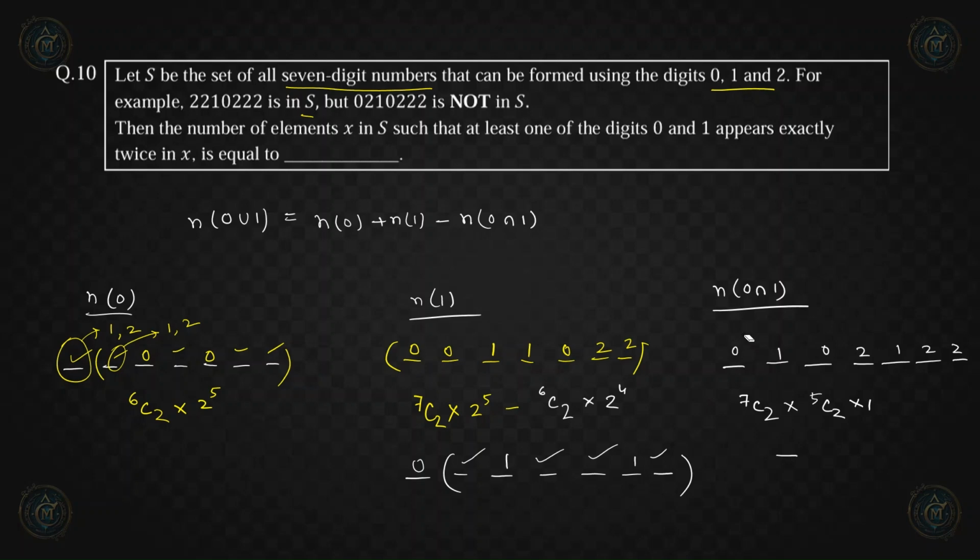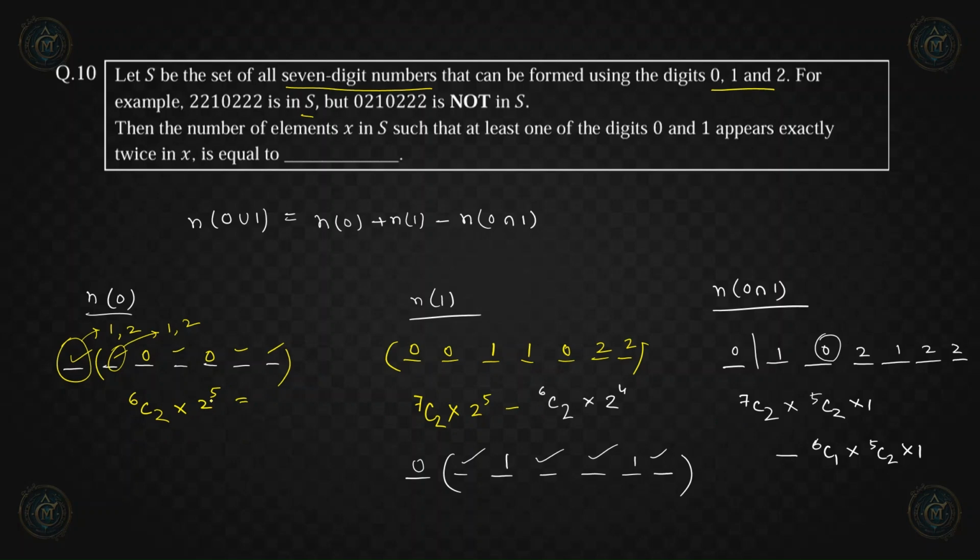So if we place this 0 here, right, then for this 0 we have to choose one place among these 6 places, right? So again we have 6c1, right, times, let's say we place 0 here, okay. Then we again have 1 2 3 4 5 places left, so we choose two places among these 5 places, right, to place our ones, and then again we have one option to fill the remaining places by using 2. That means this will be our n of 0 and 1, okay. So let us count these numbers, or we can calculate this combinatorial coefficients, okay.